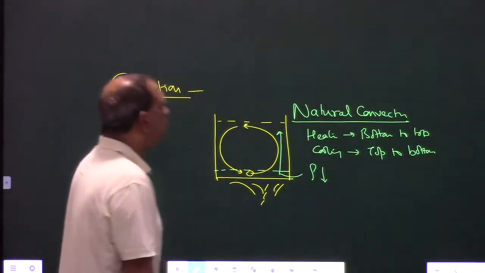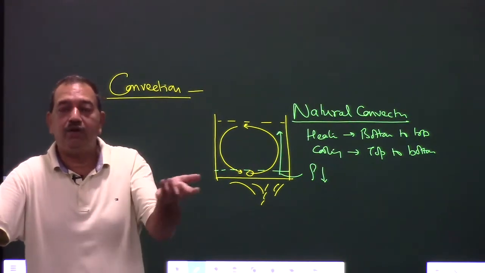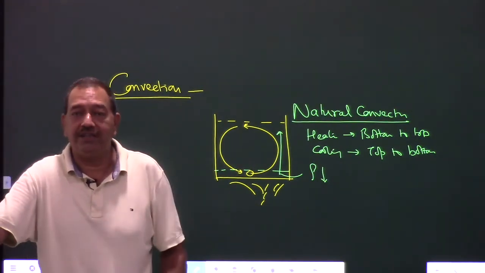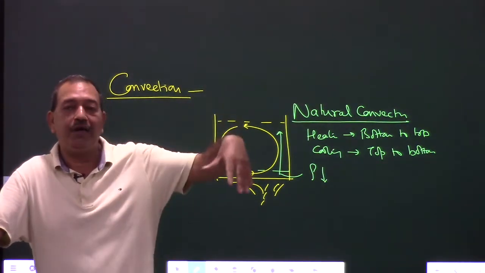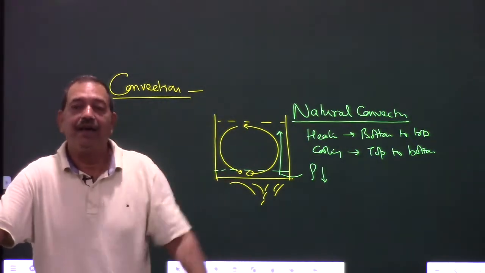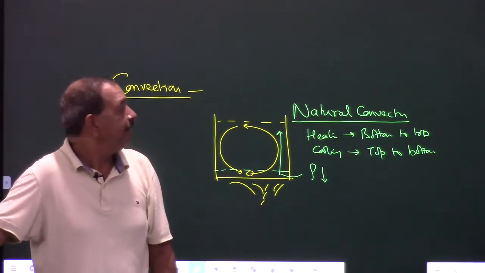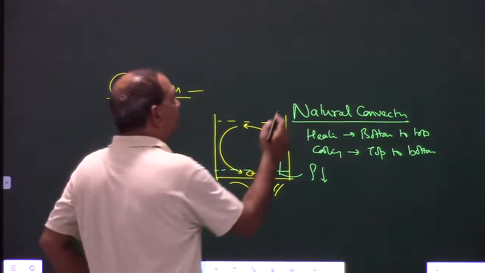Forced convection, you can do any way, like a fan moving in the room, that is forced convection. You put a cold drink in a glass and put some ice blocks in the glass and stir it, that is what? Forced convection, right? Natural convection is possible